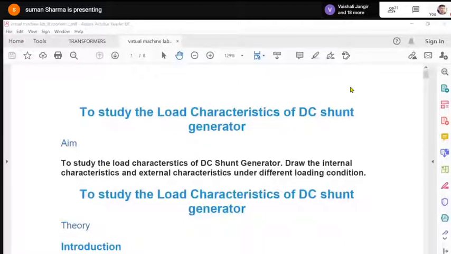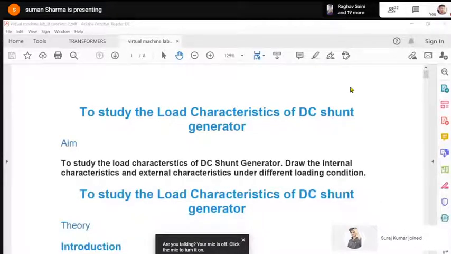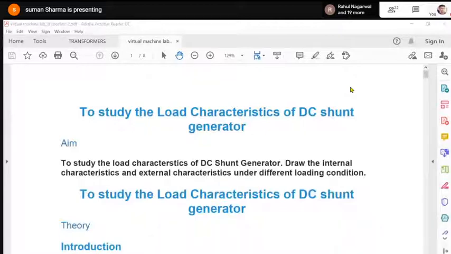Hence, in the figure below, the AD curve shows the no load voltage curve and AB is the internal characteristic curve. In the figure, the x-axis represents the load current and the y-axis represents the generated voltage. So the AD voltage corresponds to the no load condition, where no load is connected. But when you connect the load, this characteristic is slightly drooping. It is not constant. This voltage drop is due to the armature reaction drop. Okay, this is the internal characteristic.